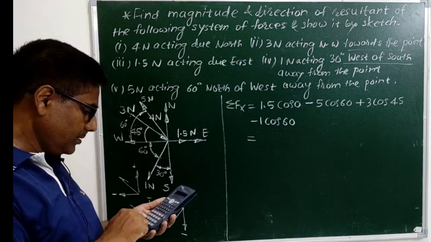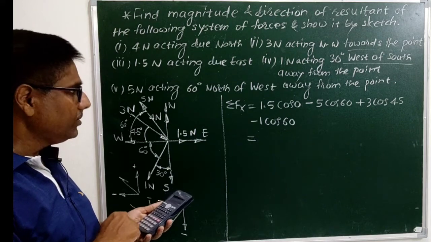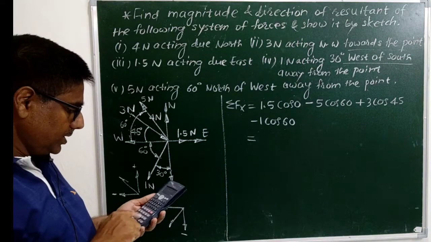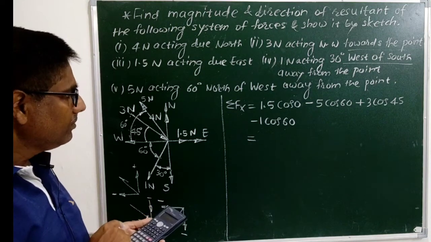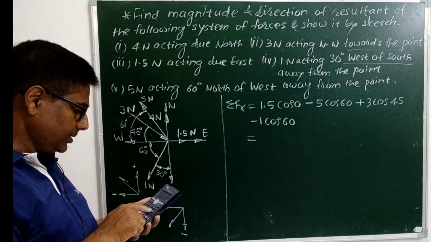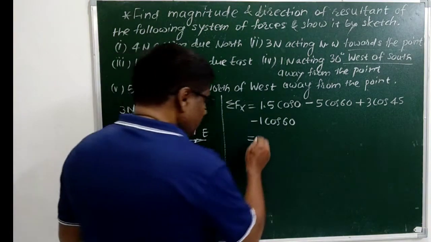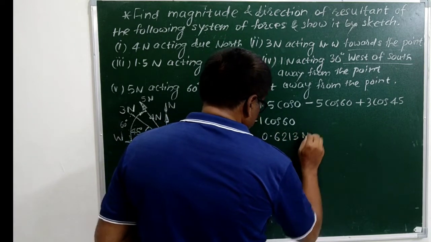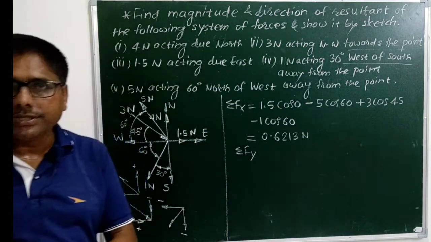1.5 cos 0 is 1. 1.5 minus 5 into cos 60 plus 3 into cos 45 minus 1 into cos 60 minus cos 60. The answer is 0.6213 newtons. Now let's find sigma Fy, that is the summation of